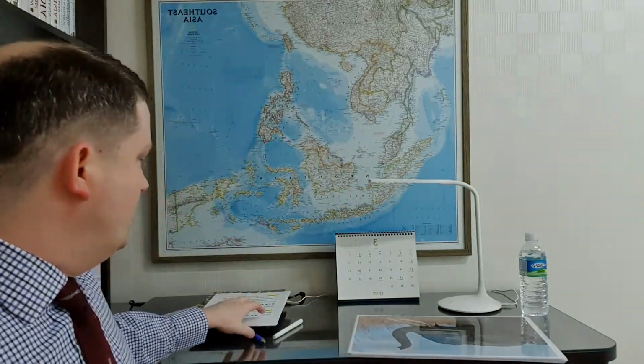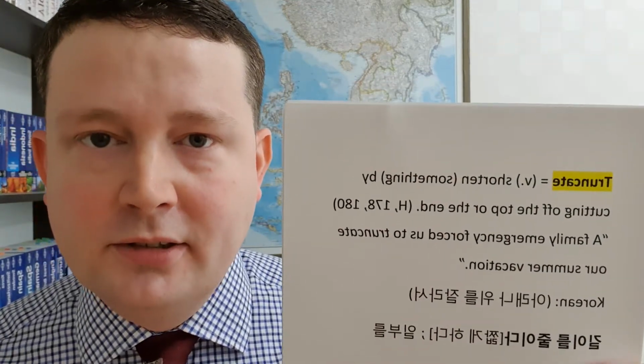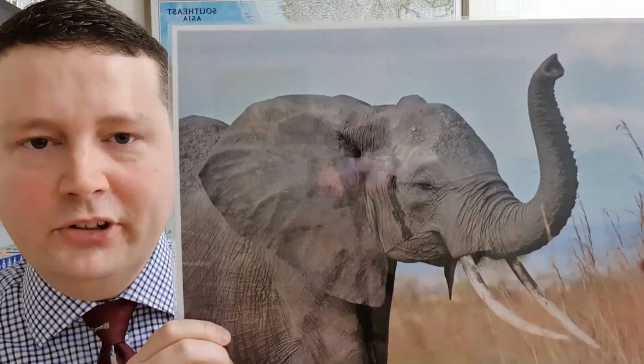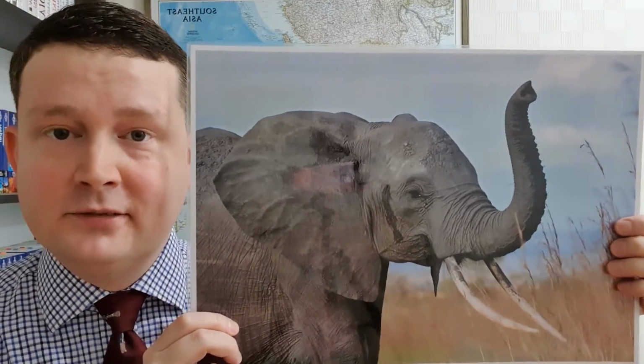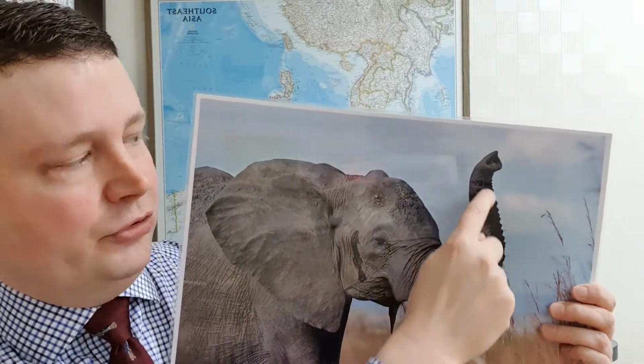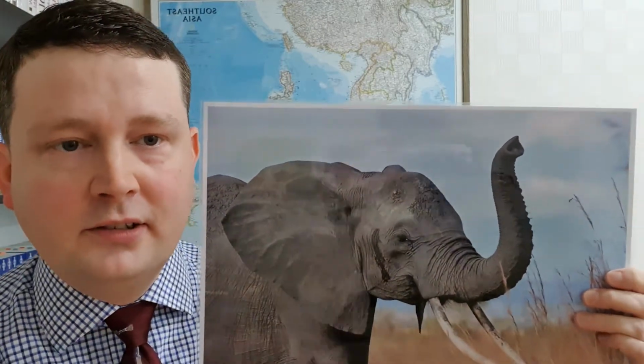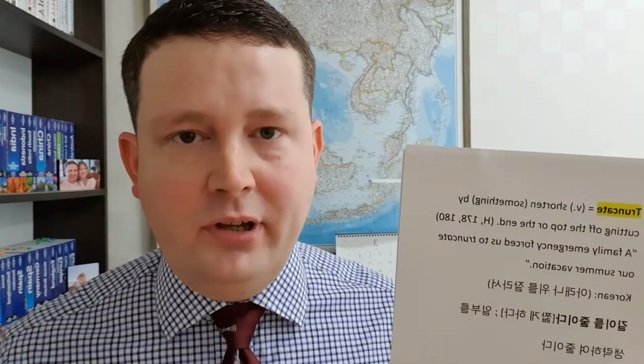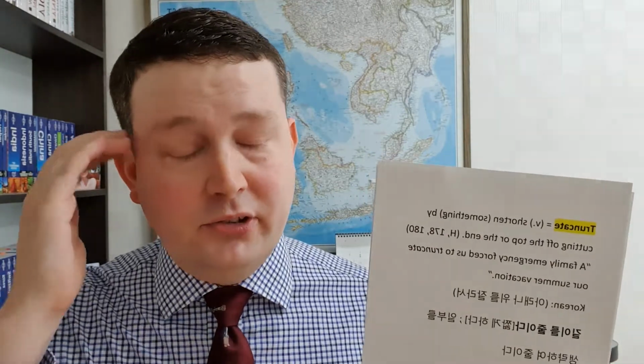All right, moving on. This next one, truncate. Take a look. What is it? It's a giraffe. No, it's an elephant. Once more. Just remember this. Truncate. To truncate something means to shorten. In my own brain, that's all it means. On your lecture notes, students, I write a more technical definition, but just in my own brain.